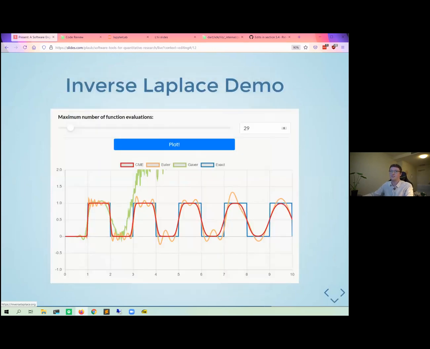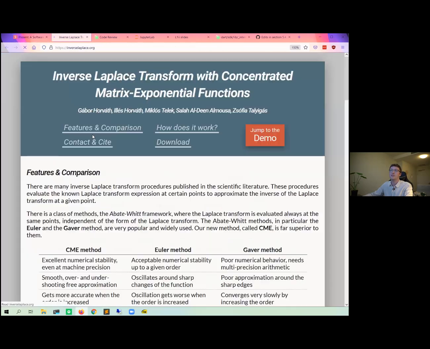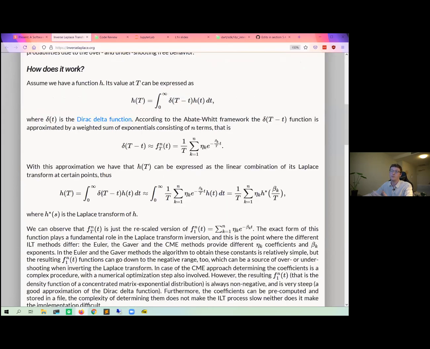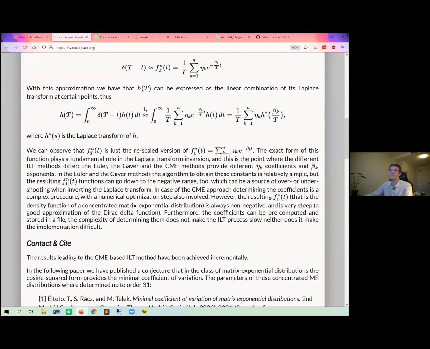Okay, so down to the last few minutes. Onto my last demo, which is how can we easily make a website to showcase our code, showcase our research. This is an example I found that I'm just super impressed by. These guys wrote a sequence of papers about inverting Laplace transforms, and they managed to get the website InverseLaplace.org, already an impressive feat. And in here, they've got some description of their method,